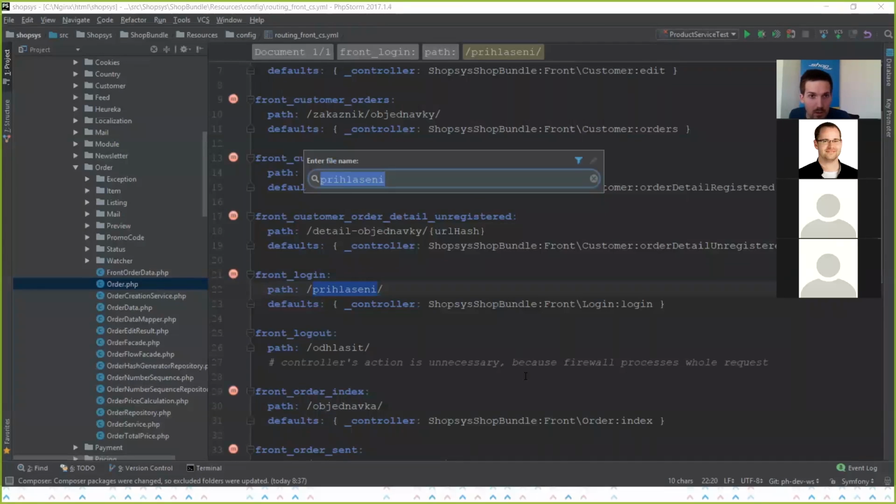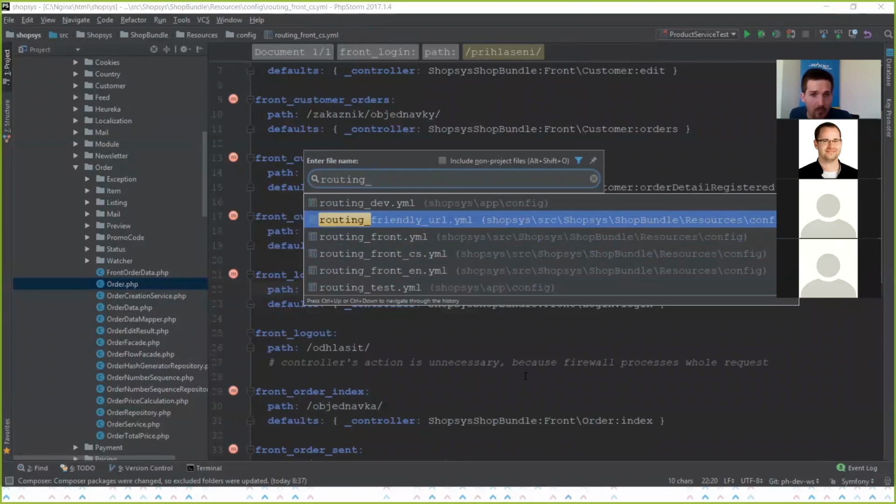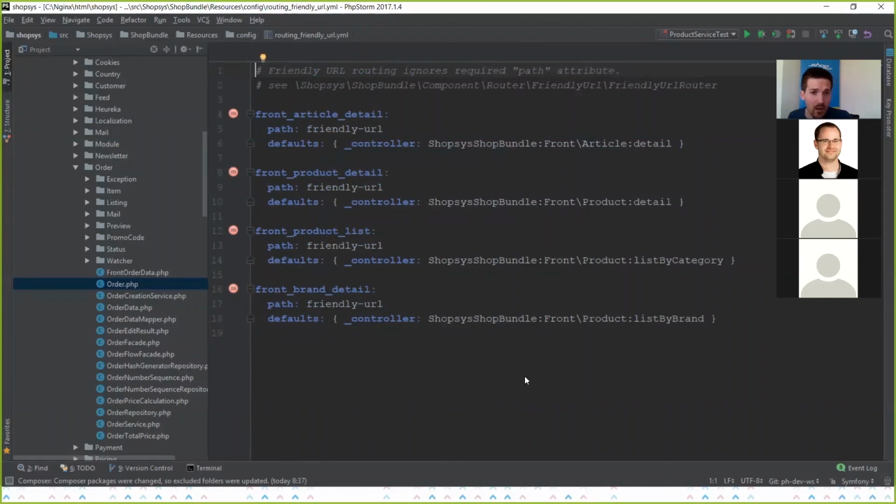The only thing you need to do is go to routing friendly URL, and this configuration file contains all the configuration for controller actions that use the friendly URL. You can see, for example, here the article detail. The path is actually just some placeholder. It does not matter what is here in the path because the actual URL is the slug that is set